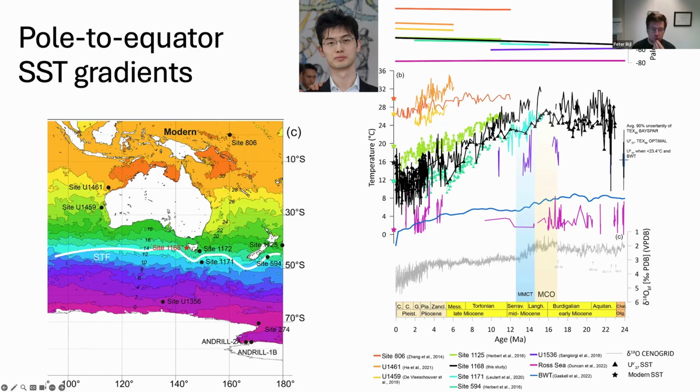But if you look at the latitudinal temperature gradient from the mid-latitudes, from the subtropical front to Antarctica, you see something else. It actually has the strongest gradient in the Miocene and a weaker gradient in modern times. Yeah, so there's a lot more cooling in the subtropical front area than close to Antarctica. And I think this is an interesting feature, and it goes a little bit against the overall theory of polar amplification of cooling, but it also does something to the dynamics of the Southern Ocean if you have a sea surface temperature gradient that is as big as the one in the middle Miocene.